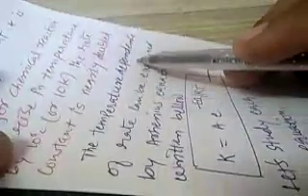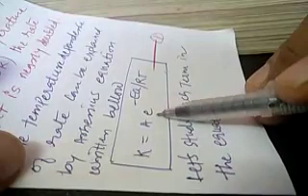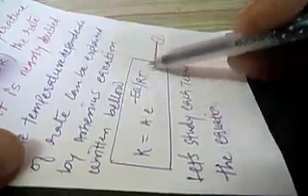The temperature dependence of rate can be explained by the Arrhenius equation. This Arrhenius equation is written below. So the Arrhenius equation is K is equal to A into e to the power minus Ea by RT. This is our first equation. Let us study each term in this equation in detail, so we'll try to understand the terms present in this equation.